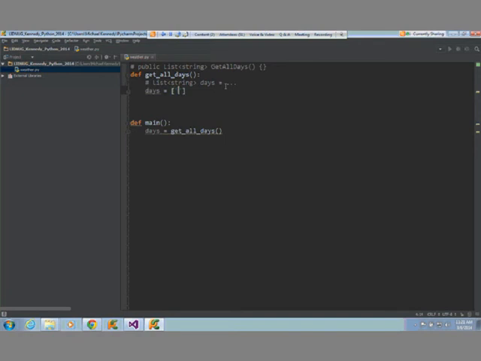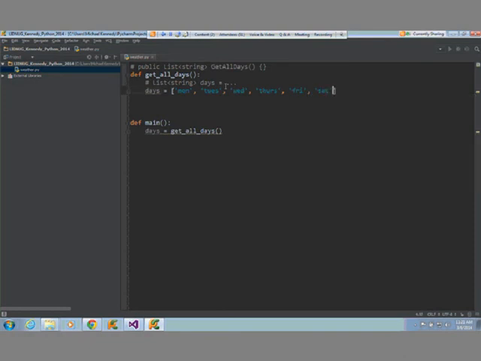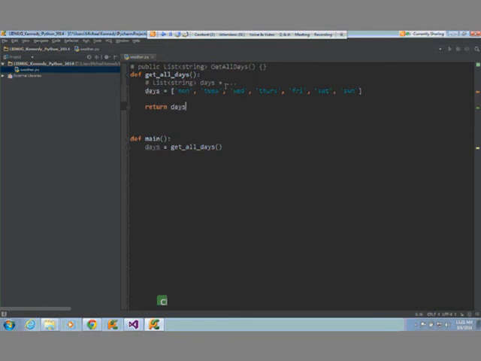We're going to put things like Monday, Tuesday, Wednesday, Thursday. You know where this is going. Friday, Saturday, and Sunday. Okay. So then we're going to return days. Okay, I notice when I hit enter, it just goes to the end because it's like, hey, you typed return, so you must be done with this method. Whereas if I'm up here and I hit enter, it leaves me right here. So like I said, the editors are super helpful.